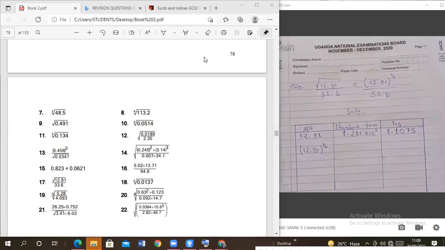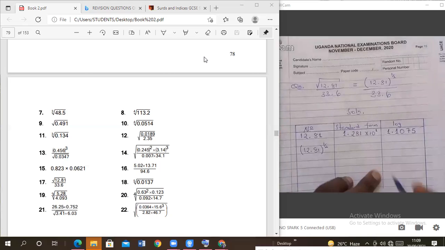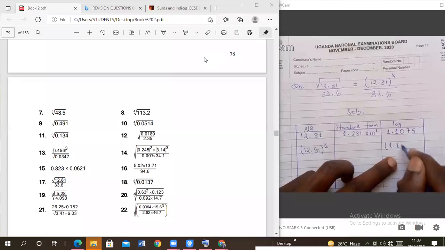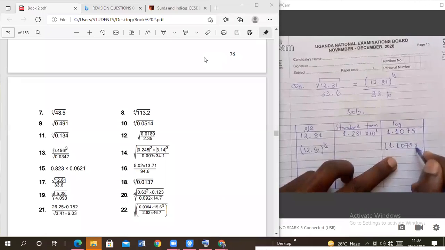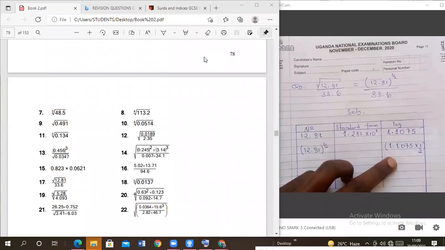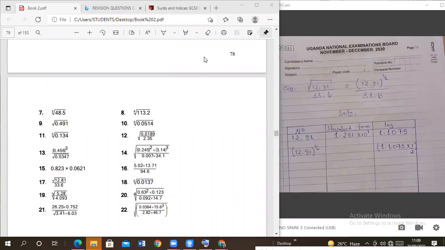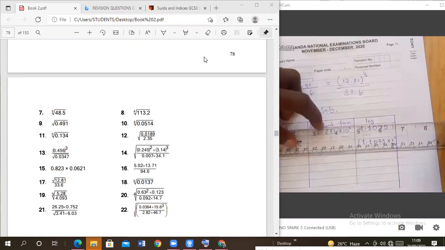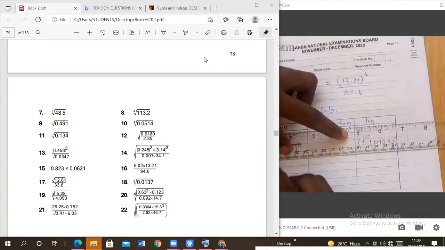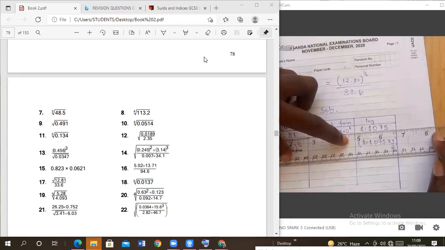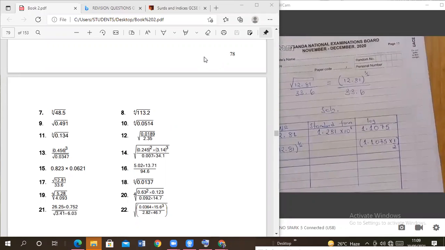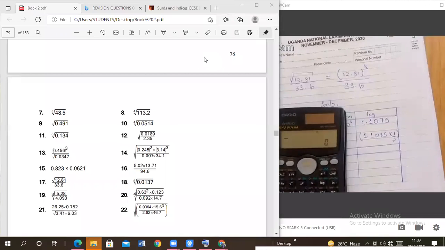To the power half. So now that one, that's what we do. We get the logarithm, which is 1.1075 times a half. Now members, the characteristic is what? A positive. So what do we do? We divide it normally. So we come and just put